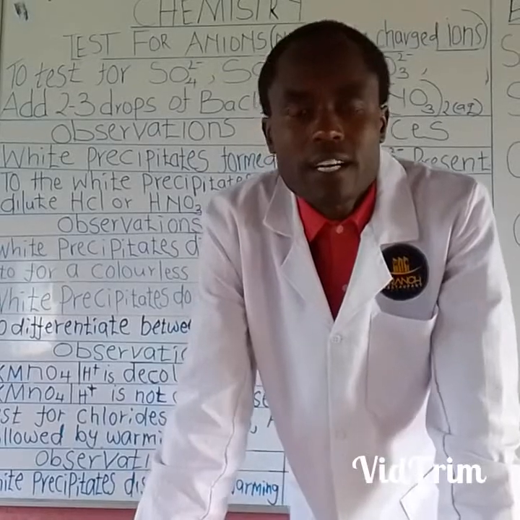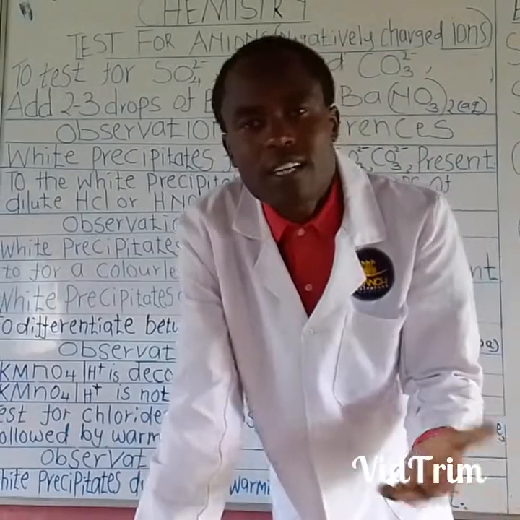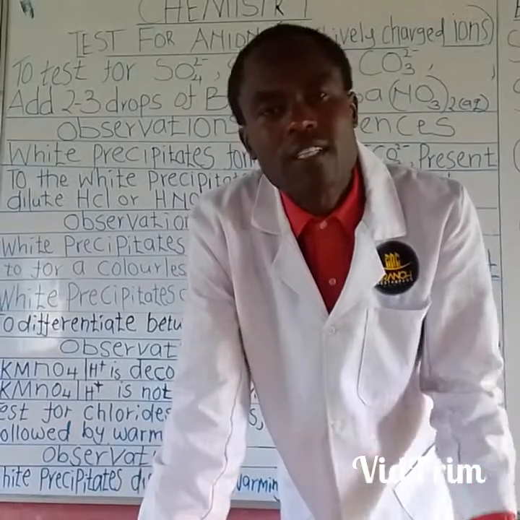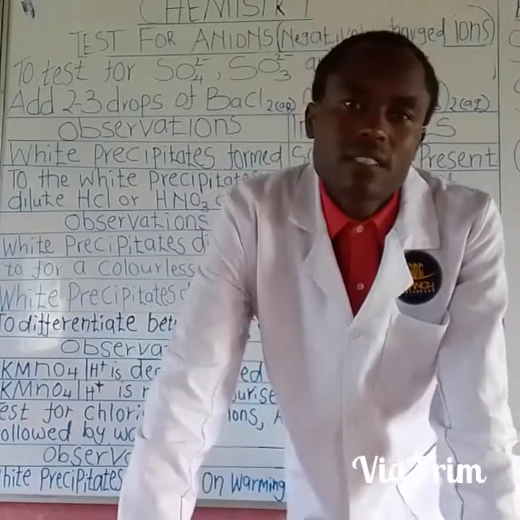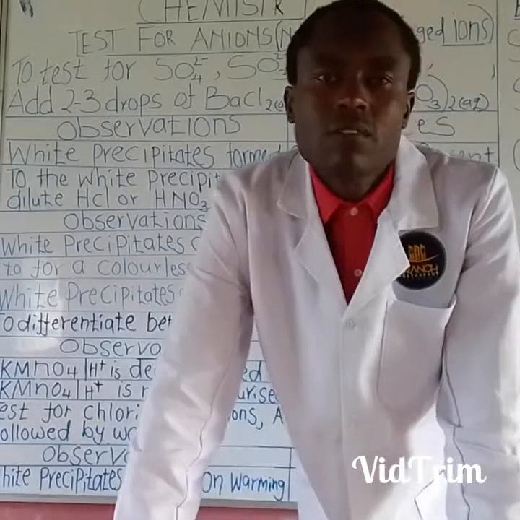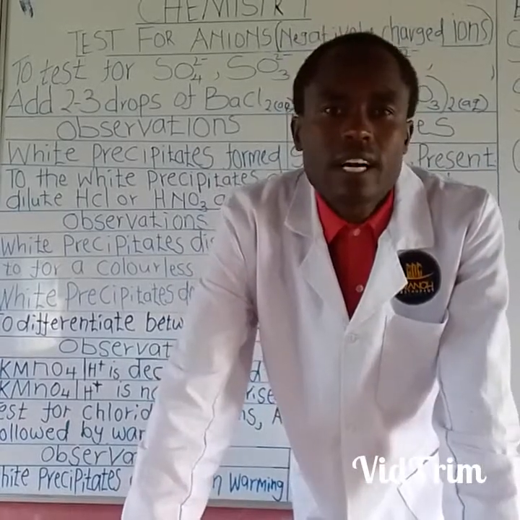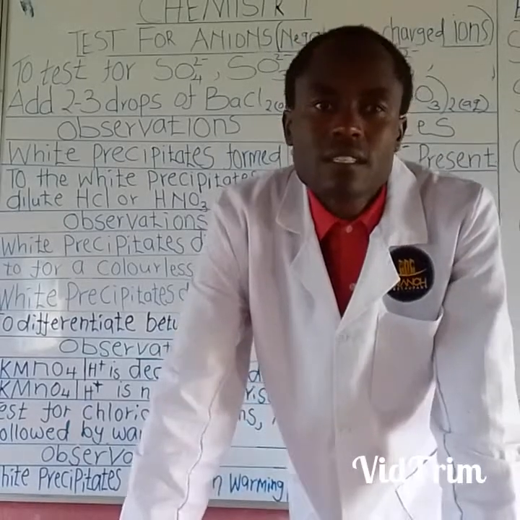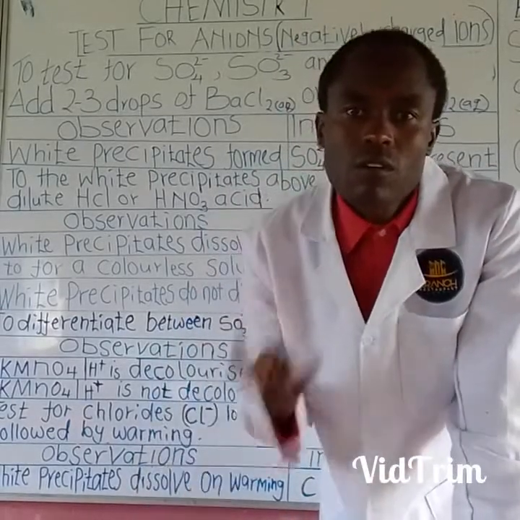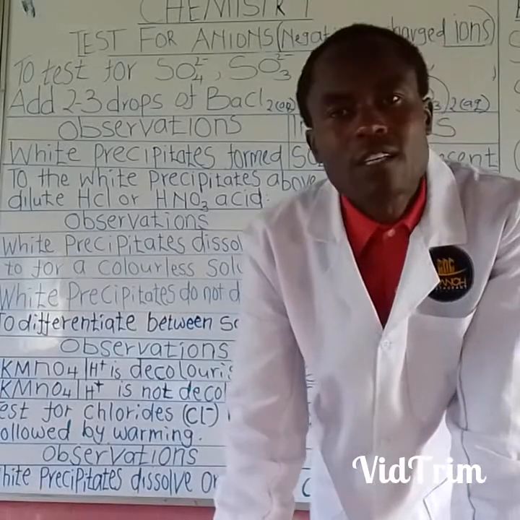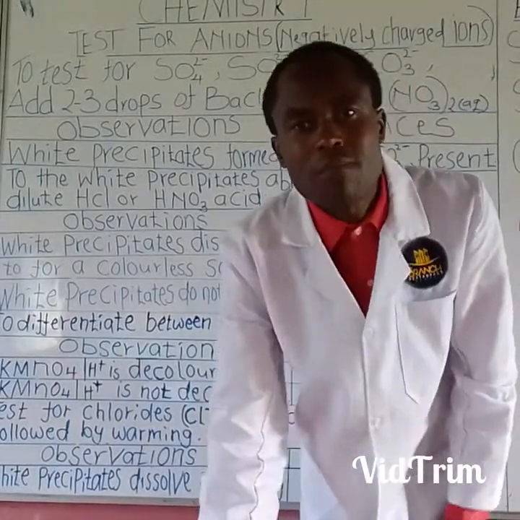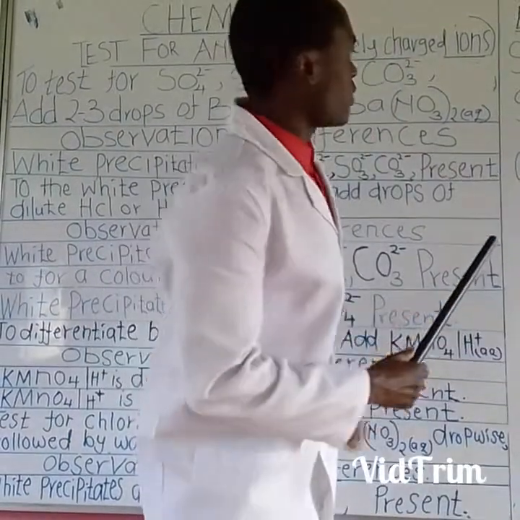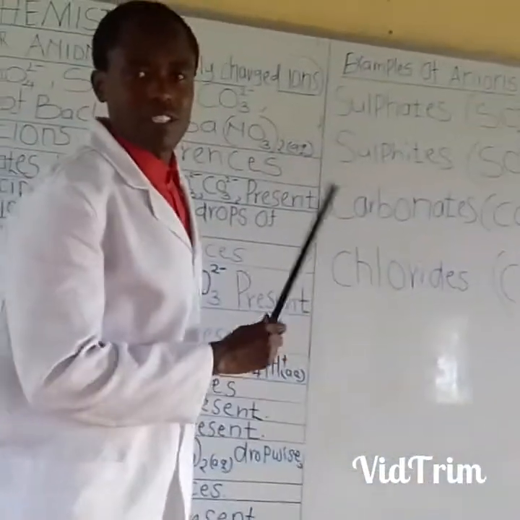What are anions? Anions are negatively charged ions. The objective of this lesson is that at the end of the lesson, we must discuss the test for 4 types of anions which I've written on the board here. You can check and see. We are going to discuss these 4 anions: